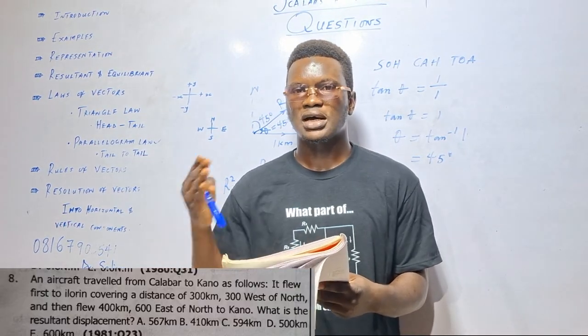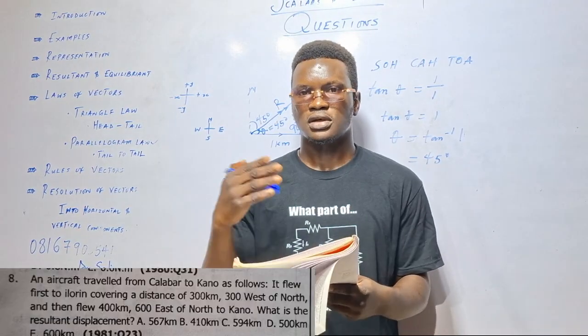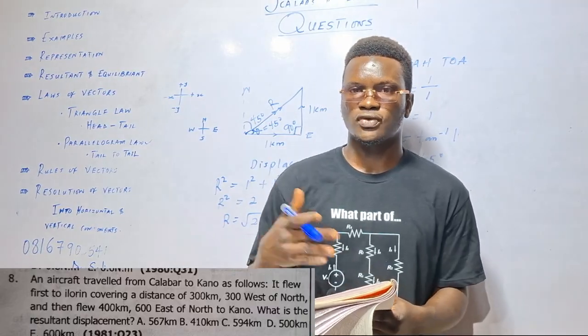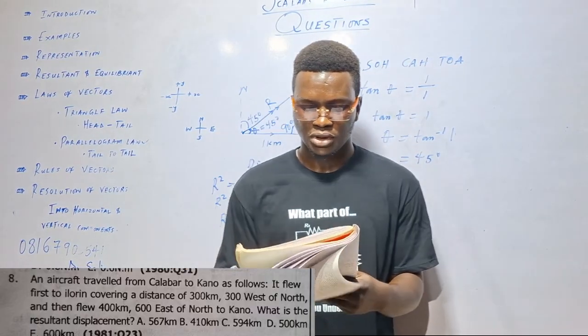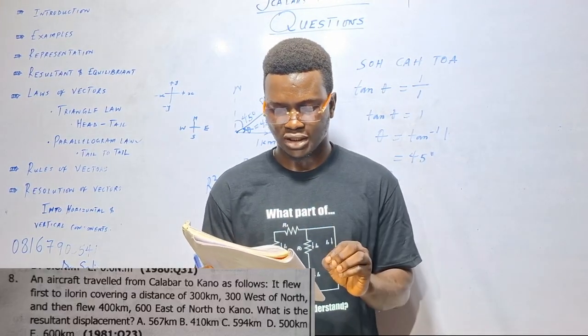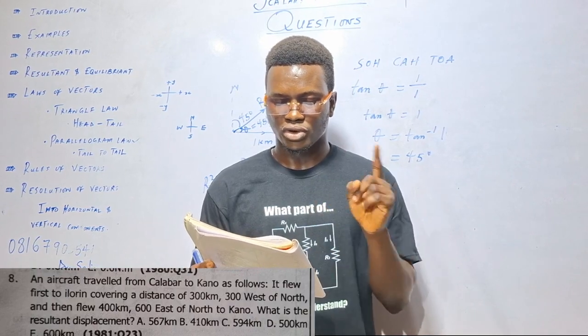Kano, Calabar, and Ilorin, they are states. They are different locations in Nigeria. So there's Kwara State, which is for Ilorin, then Calabar and Kano. So now, if first to Ilorin, covering a distance of 300 kilometers, 30 degrees west of north,